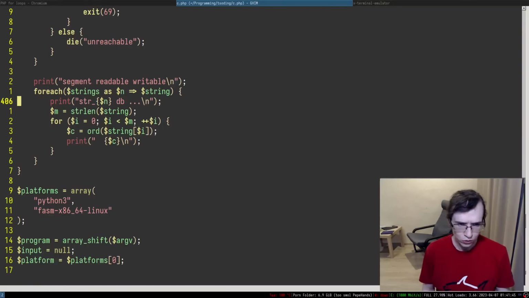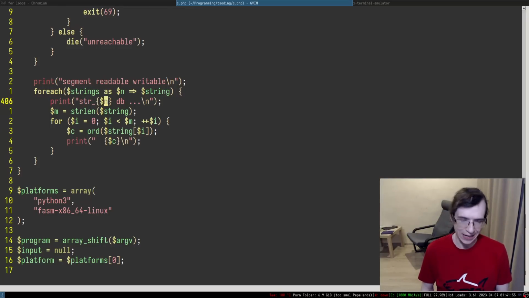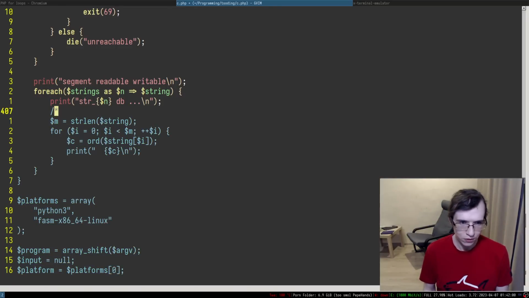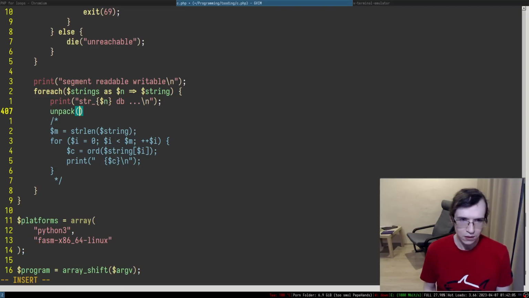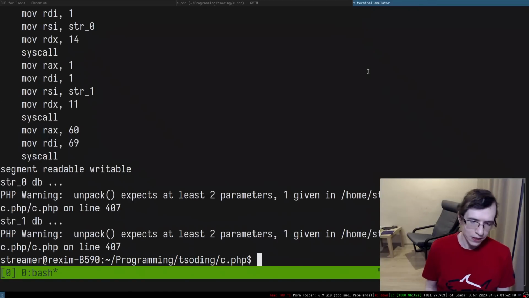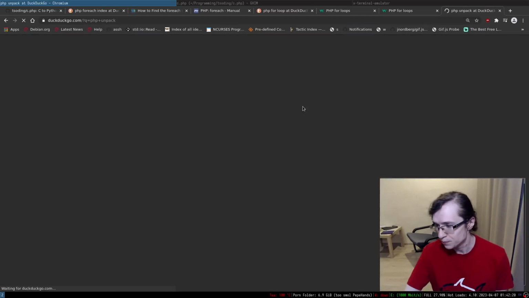So essentially what I want to do in here, to be fair, specifically something like unpack could have been useful in here. Let me see what unpack does. I'm really curious. I suppose it just turns it into a list or whatnot, right? So unpack string, and I want to do something like print r. Let me see. So it expects at least 2 parameters. Who expects? Unpack. Okay, so I don't know how unpack works then. So let's just Google that.